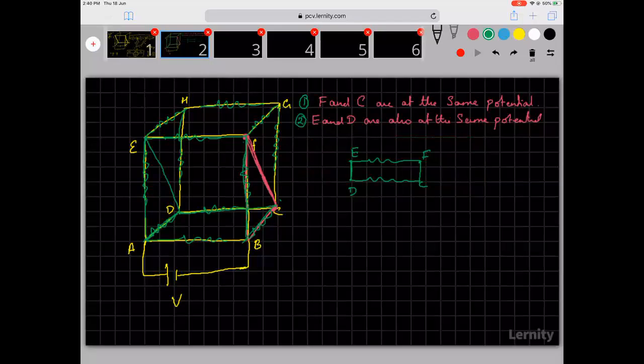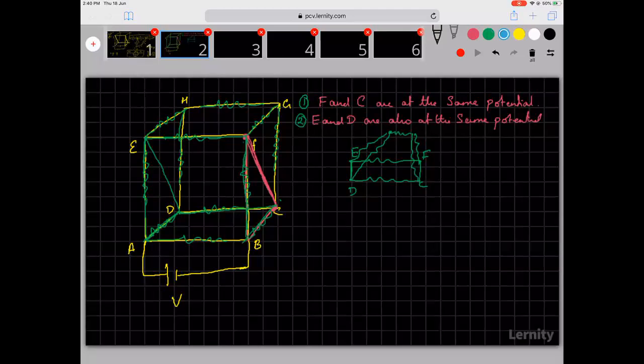So E and F, D and C, you guys understand. So from D, I'm taking a connection to a point H. So from E, there is a wire to H. From D, there is a wire to H. Similarly, from F, there is a wire to G. And from C, there is a wire to G. And these two are connected. So this is much better and cleaner.